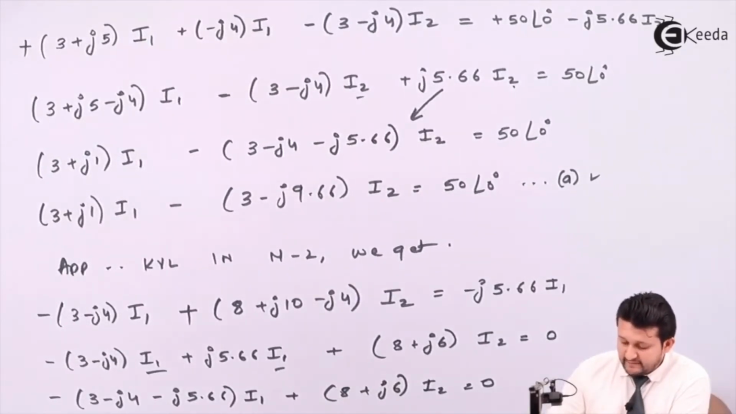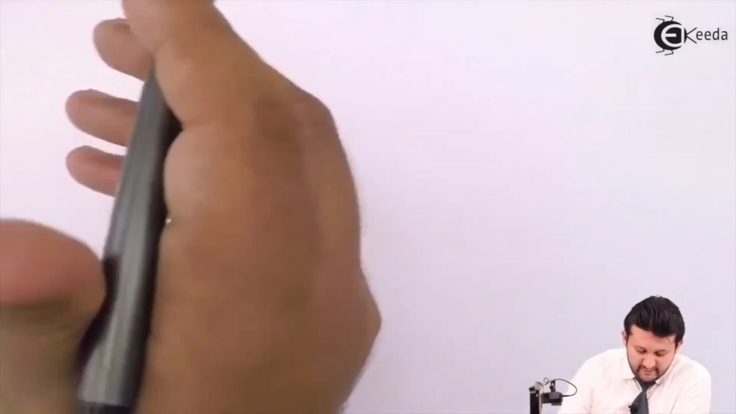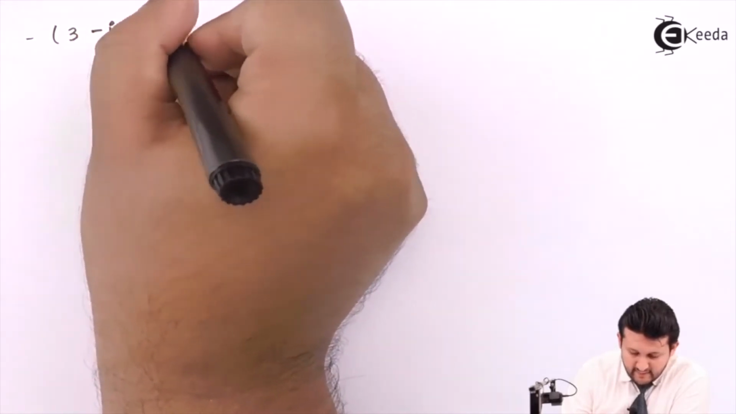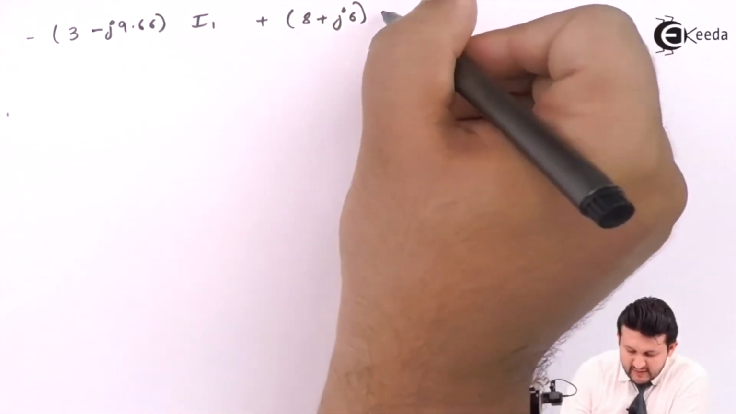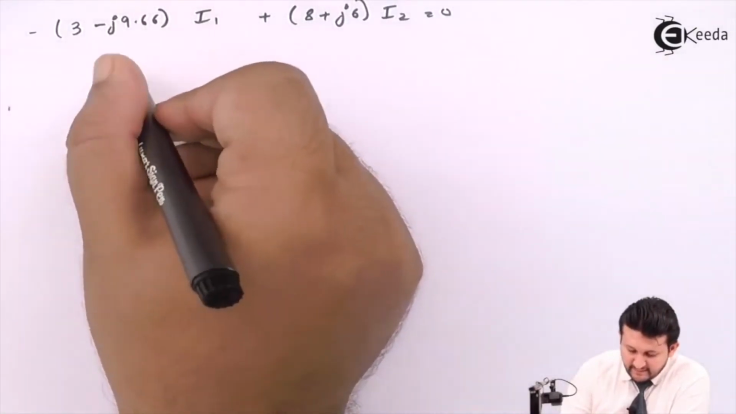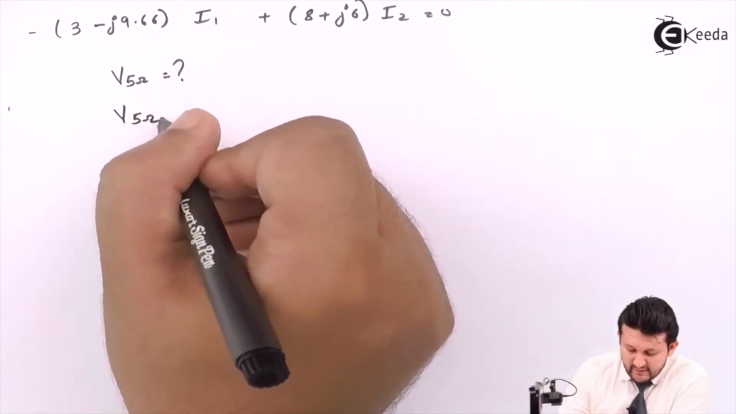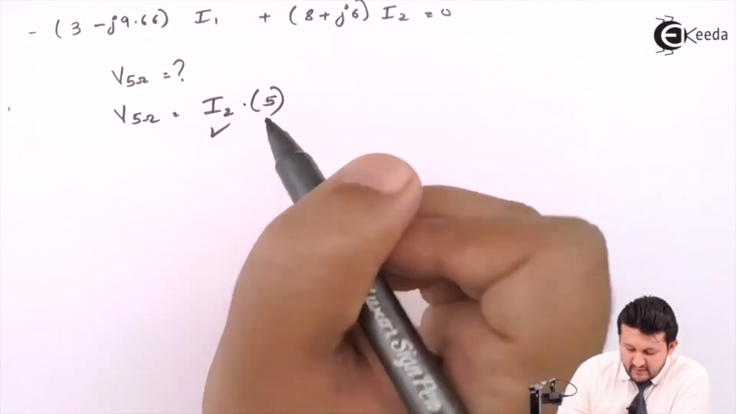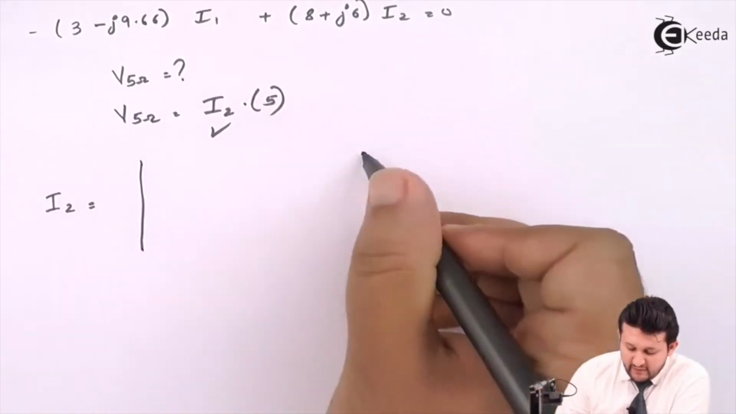Simplify this equation. So your next equation after simplified will be minus 3 minus J9.66 I1 plus 8 plus J6 I2 equal to 0. My ultimate aim is to find voltage across 5 ohms. For voltage across 5 ohms, if I observe carefully, I need the current I2 into 5 ohms. So I need to find I2. So let's find the I2 current. For finding I2,